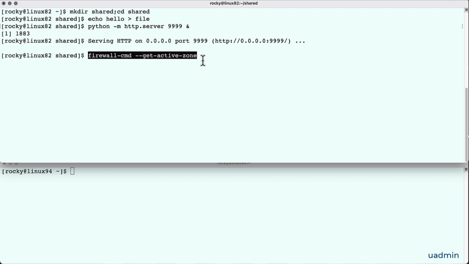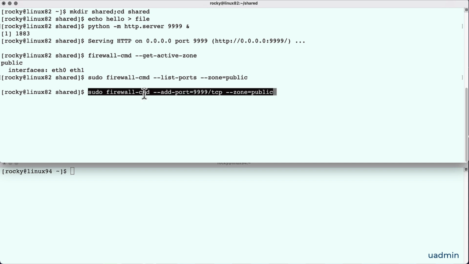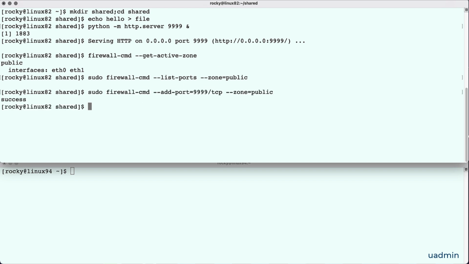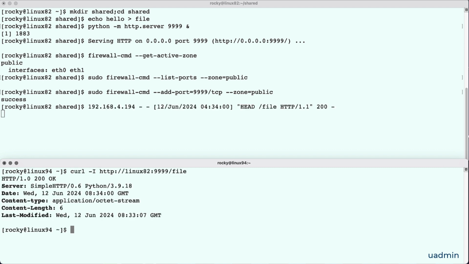So I list my active firewall zone and check its ports, and there are none. So we add the port to the public zone, and now this file can be downloaded using an HTTP GET request on that port. First I get the header to check out if it's really the file that I want,